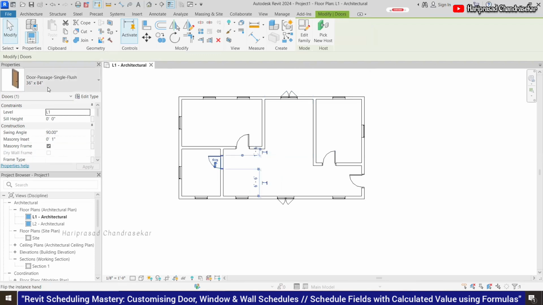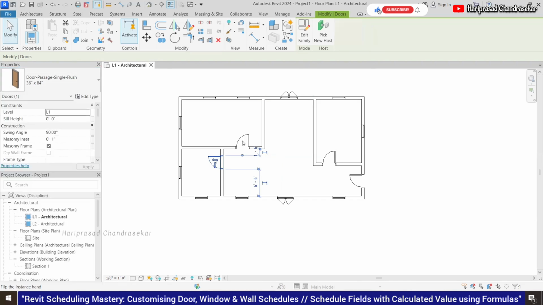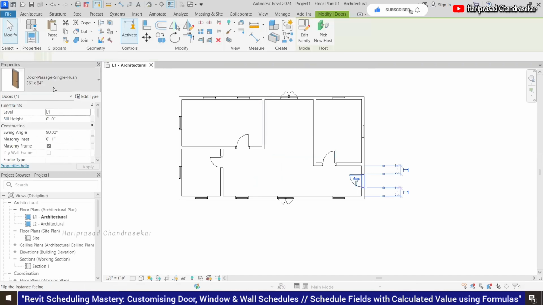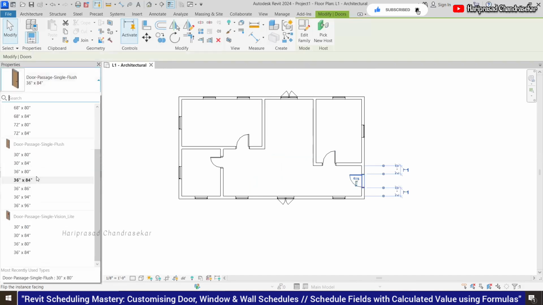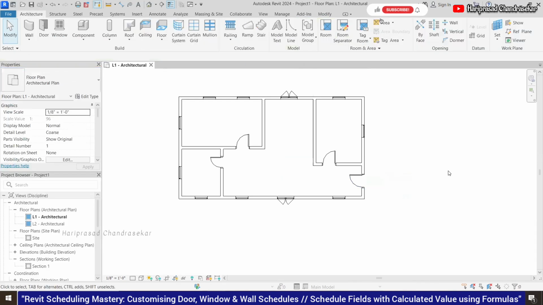And now you can see it is the same door, but I will reduce the door size. And I can also increase the door size here. So my intention is to have different kinds of doors and different kinds of windows.